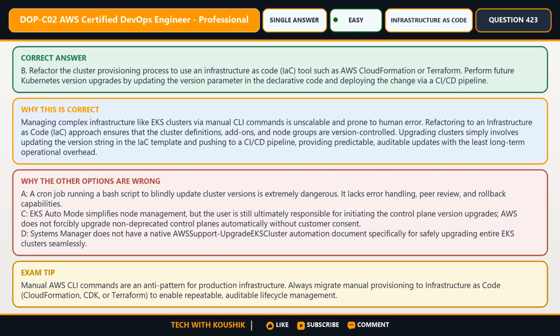In this case, choose option B. Refactor the cluster provisioning process to use an infrastructure as code tool such as AWS CloudFormation or Terraform. Perform future Kubernetes version upgrades by updating the version parameter in the declarative code and deploying the change via a CI/CD pipeline. The main reason is managing complex infrastructure like EKS clusters via manual CLI commands is unscalable and prone